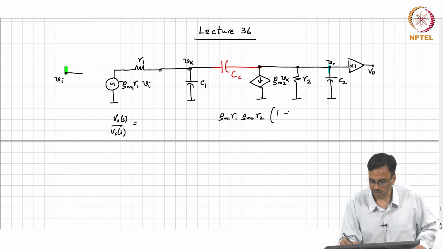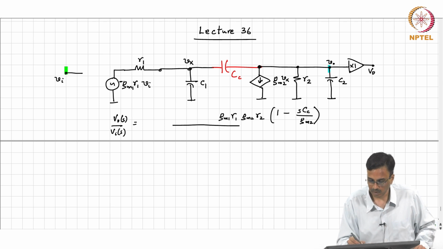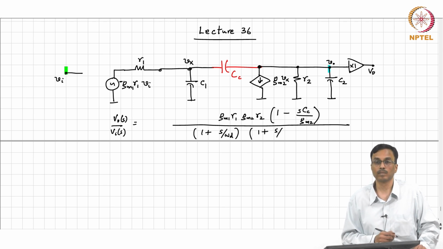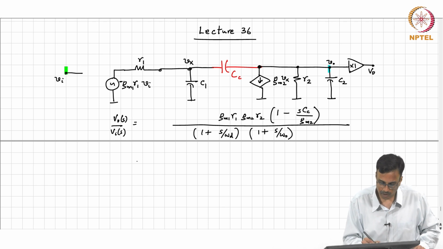There is a right half plane zero, which is s Cc over Gm2, and the two poles are widely separated. There is a dominant pole, and what do we call the second pole? And what was the dominant pole frequency? The dominant pole frequency is 1 over